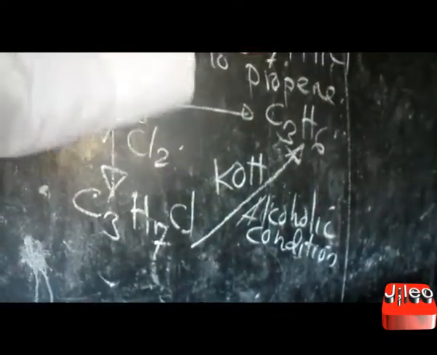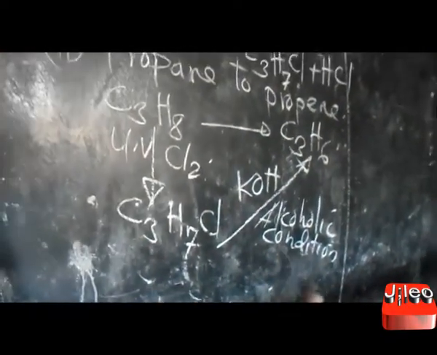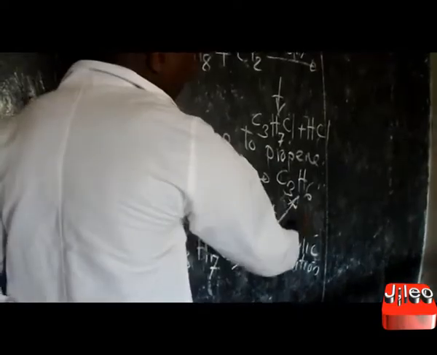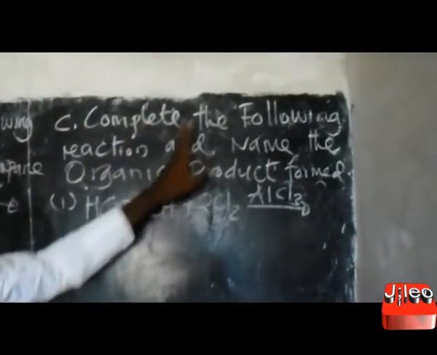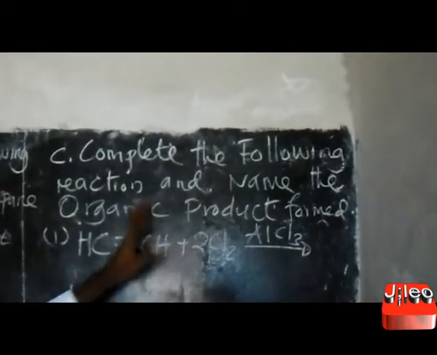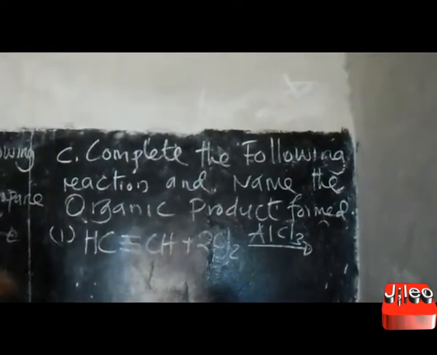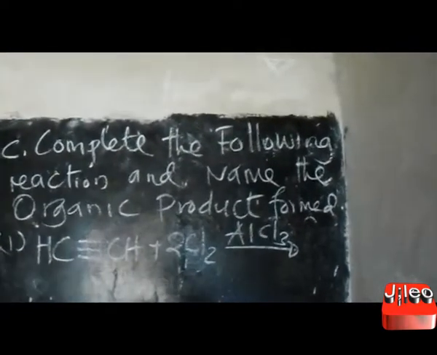So now our mechanism consists of 2 steps. Now here will be the end of the game. Yeah, about part 2, which is saying that complete the following reaction and name the organic product formed. Roman 1, we have this